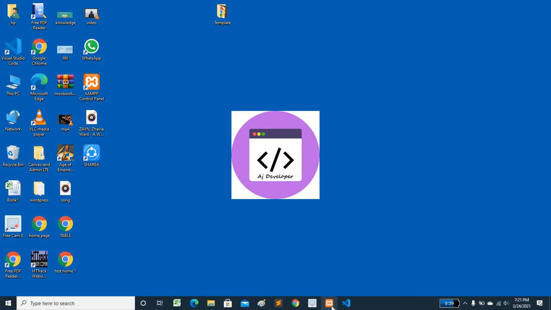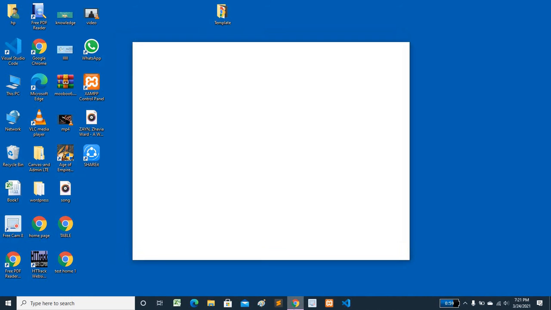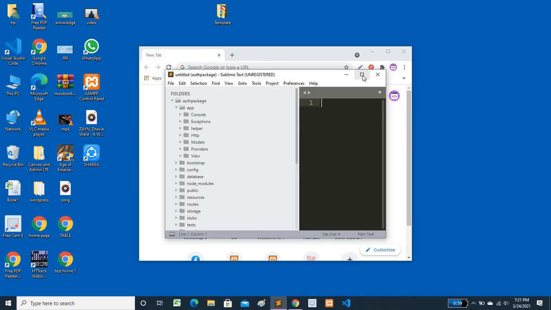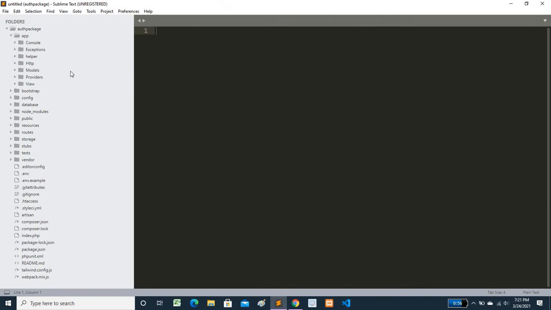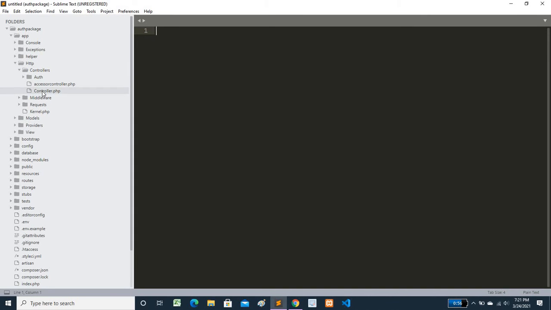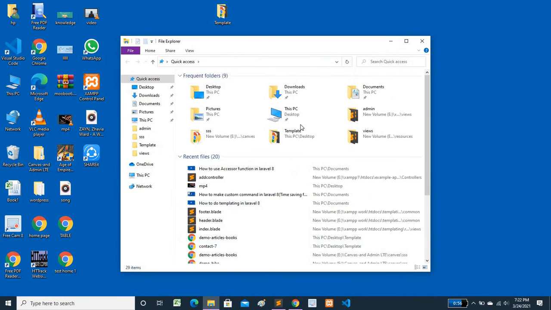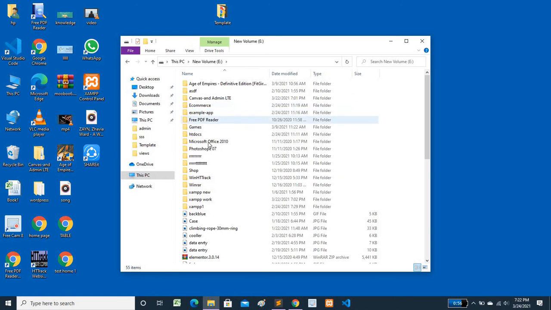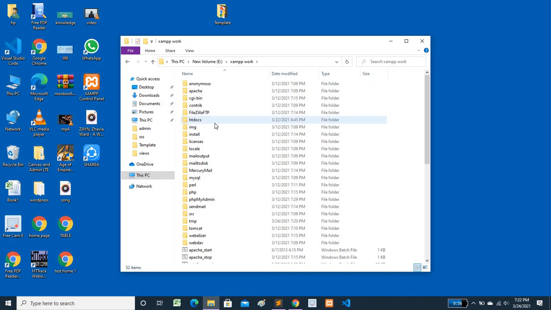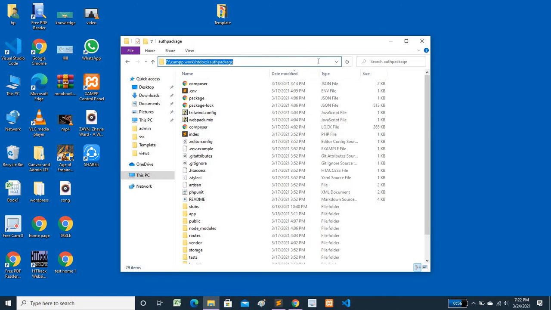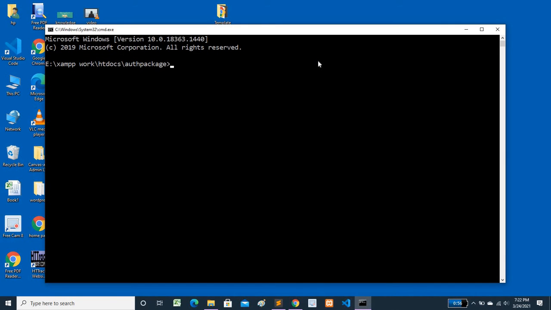First, start your RAM, which I have done already, and open your browser, and open your text editor with your project folder. And here you have to create a controller. For that, you will go to your project, open cmd, and then in the command line you will write